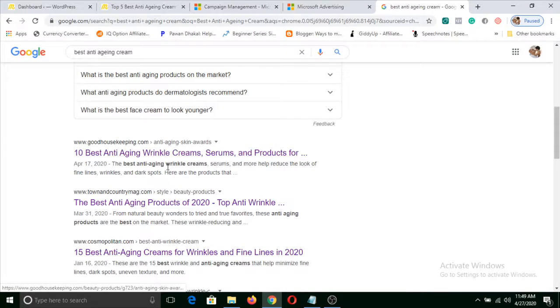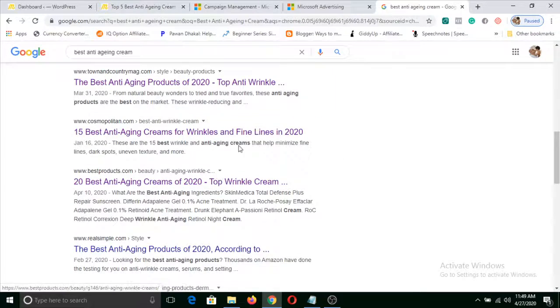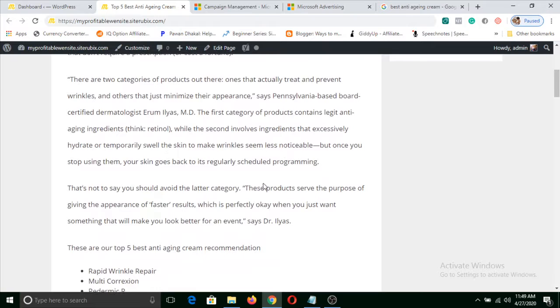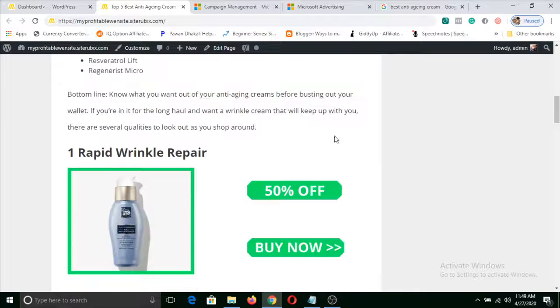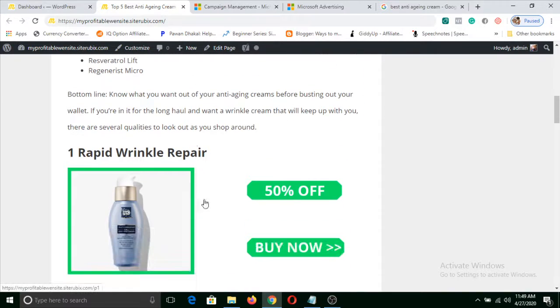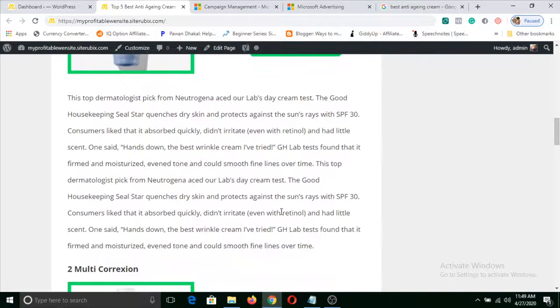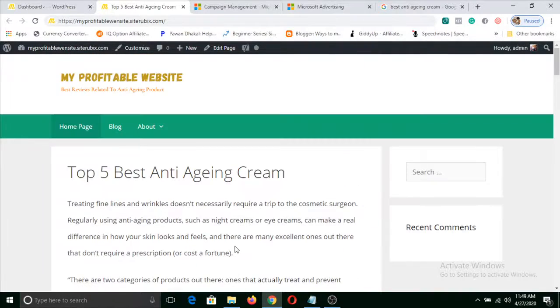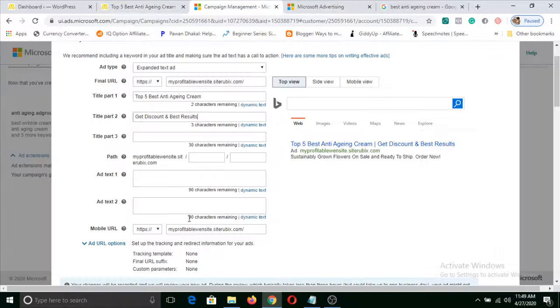You can get an idea by reading these things to decide what to put on your title, or you can even read your own article to extract some interesting point, because when we hired a content writer to make this article, we told him to put some interesting facts in these products that people would love to read. Any interesting fact you can put here, and if you have some heavy discount, you can put that in this title also.